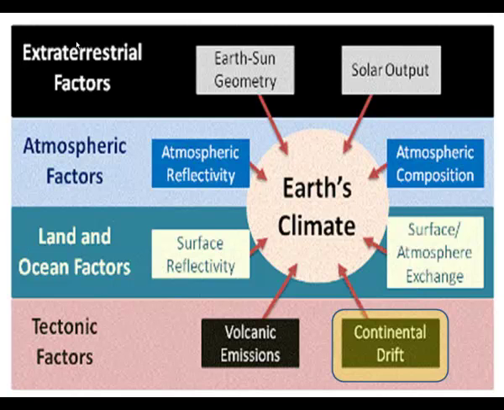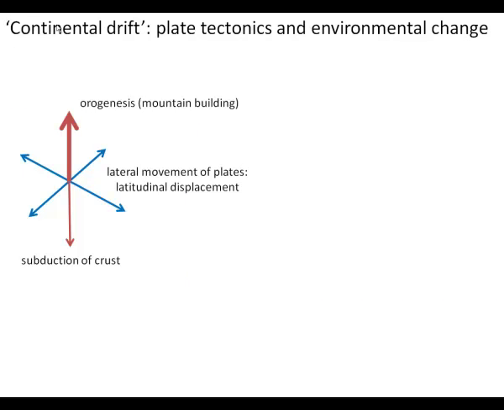So the last of the different variables that control environmental change that we'll look at is what's summarized here as continental drift, but is more accurately referred to nowadays as plate tectonics. So the relationship between plate tectonics and environmental change can be explored in several different ways. Spatially, there's the idea of how at any particular given time the plates are distributed over the surface of